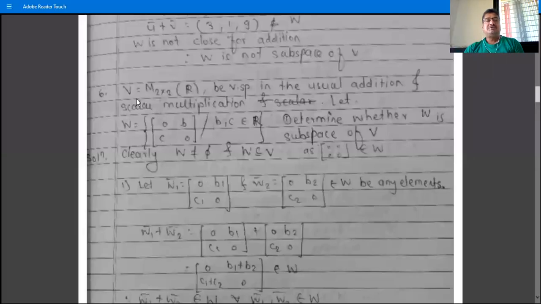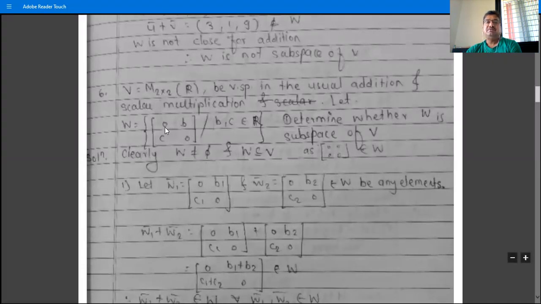Next example of subspace. Let V equal M2×2(R) be a vector space with respect to the usual addition and usual scalar multiplication. That is, the addition of two matrices of M2×2 is the addition of corresponding elements, and if I have to multiply by a scalar, then multiply each element by that scalar. Let W be the set containing the elements from M2×2,